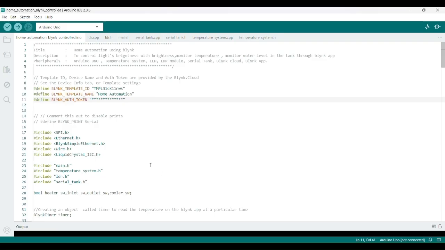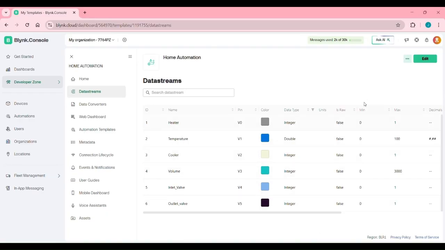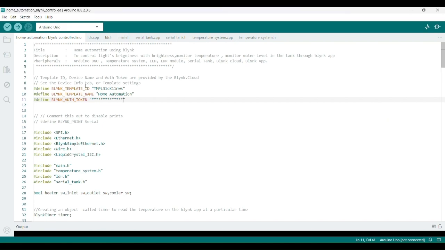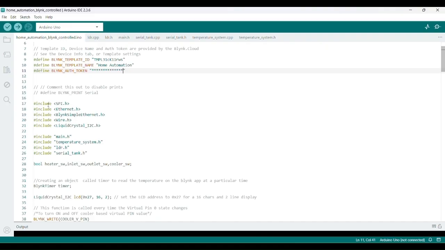Let's go to the code. Here we have included the template ID and authentication, the template name and template ID, and also the password for this home automation project. We have included all of these in this code, right? Next, we have included these three libraries